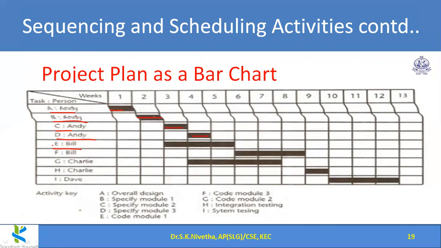And you could see Bill can start activity E during the 3rd week, parallelly to this activity. So, here itself you can start. And it takes 3 weeks to complete. So, here only it is getting completed. After that, he can do the next task, as it is involved with the same person. And here the next person is coming into the picture and he is starting parallelly here, 4th week, likewise. So this bar chart procedure gives a complete idea.